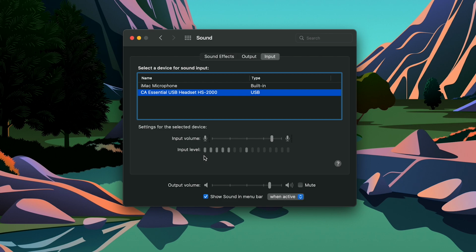If you're not seeing an input level change here, double check that if you have a mute function on your headset, either in an ear cup control or an inline, double check that that mute is not set. Once you can see that your input level is changing and that the computer is properly registering your voice through